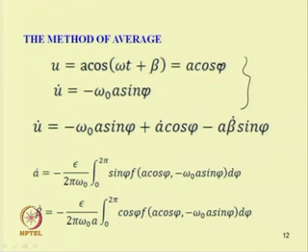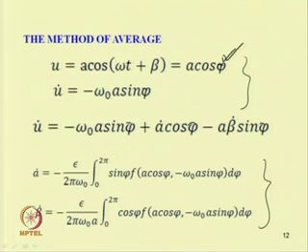So, A and beta are functions of time. Now, differentiating this one can obtain u dot equal to minus omega 0 A sin phi plus A dot cos phi minus A beta dot sin phi, and substituting these equations and following a similar procedure to what we discussed in module 2, we can obtain the reduced equation in this form: A dot equal to minus epsilon by 2 pi omega 0, integral 0 to 2 pi, sin phi f of A cos phi and minus omega 0 A sin phi, d phi,